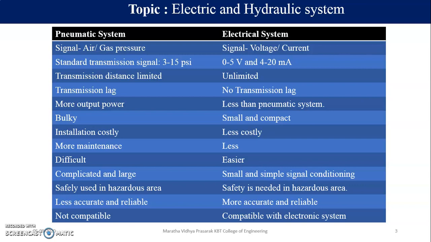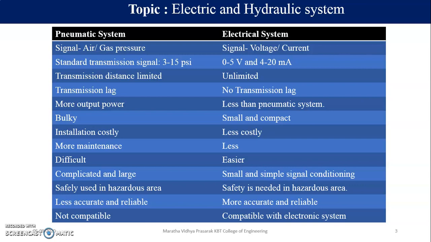It's less accurate and reliable. Now, why is the pneumatic system less accurate? As I told you, it is just a pneumatic supply, it is just air. So when I say that the tolerance of my sheet cutting is 0.1 mm, this is very high accuracy and cannot be achieved using pneumatic because it has transmission lag. But when I talk about electrical, I have electrical drives and the drives are so developed that they can even give nano-level accuracy. The only thing is that cost will increase, but the accuracy is very high in electrical systems.